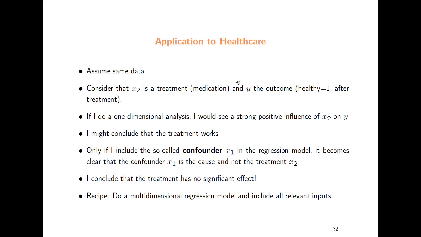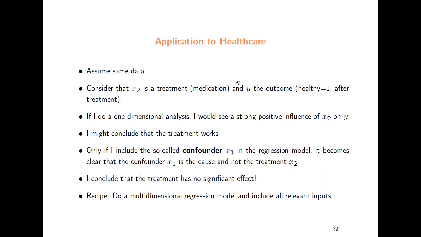But then if I include X1 in the analysis, which in healthcare would be called a confounder, then of course X1 gets this really high weight of 1 and X2 gets an influence of close to 0. And I would conclude, no, it was not an effect of the medication or of the treatment, it was an effect of X1, which was influencing the reason to get the medication and also